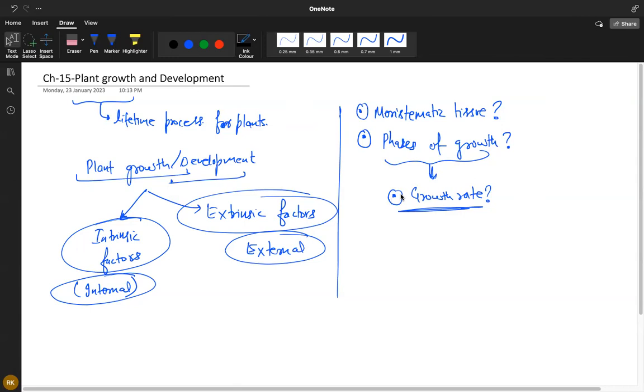So growth rate simply means either you take the biomass or the cell number. Because it is possible to calculate both in plant systems easily, you can say that it is increase in the biomass or increase in the growth or increase in the cell number per unit time in a plant. Okay,